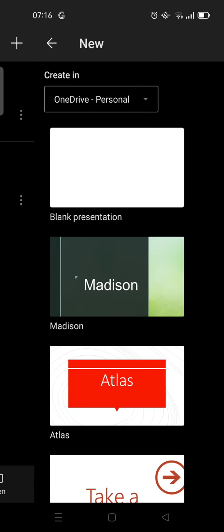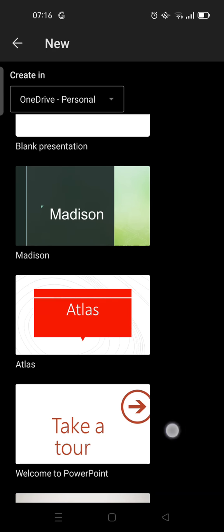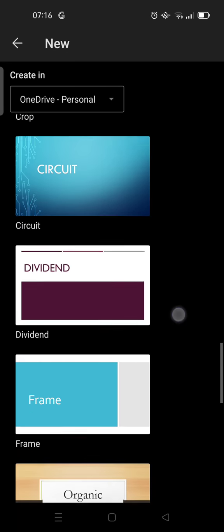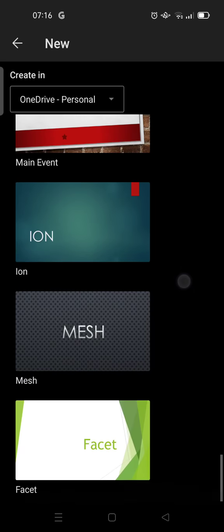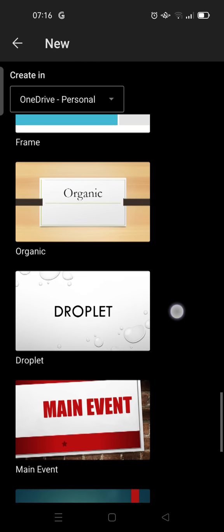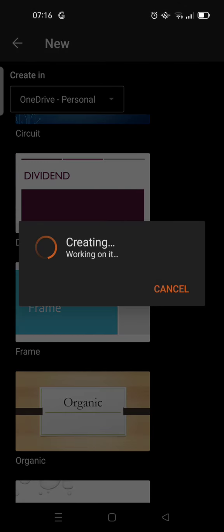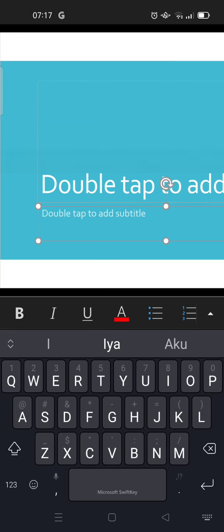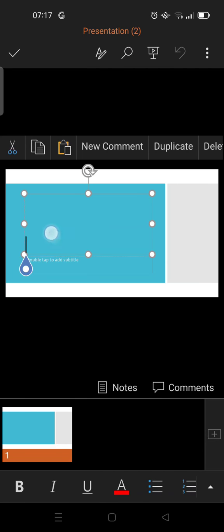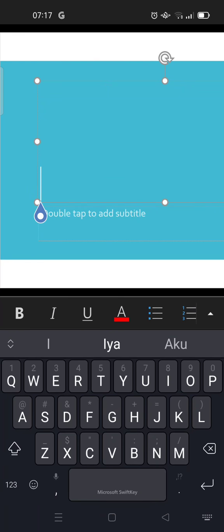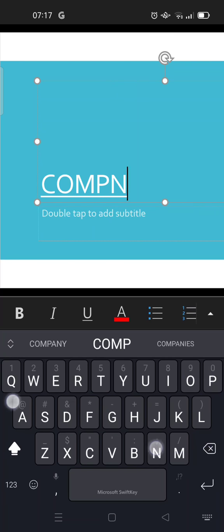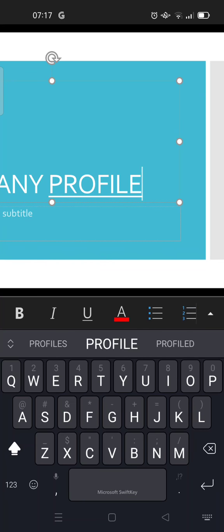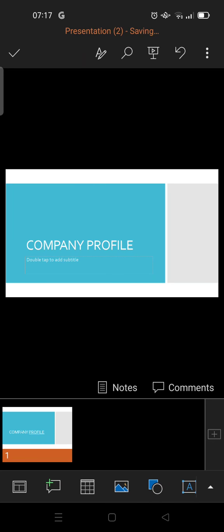Just tap on the plus icon at the top, and then I'm going to choose some template from the Microsoft PowerPoint. Maybe I'm going to choose this, and then just click on this icon. Company profile. You can just type in what you want as the title,